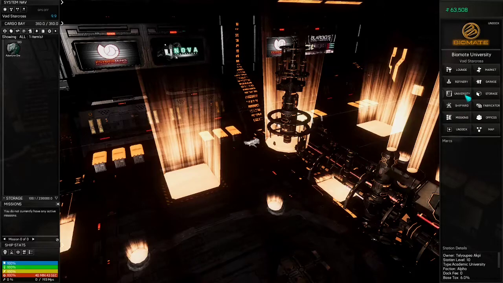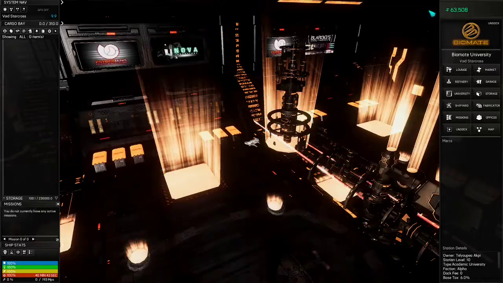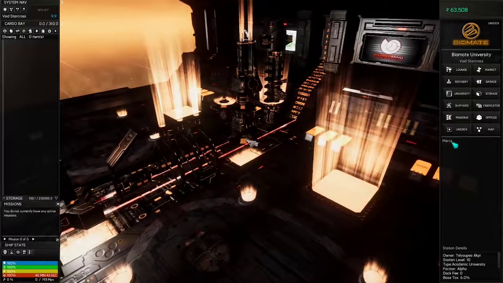Open up the refinery. Drag my ore over. So I got about 1 or 2 more loads to go. Now,